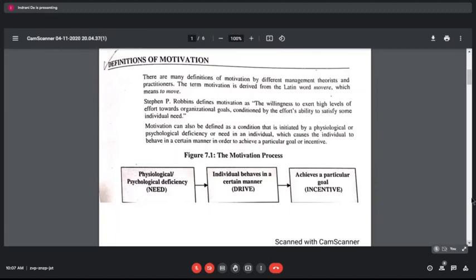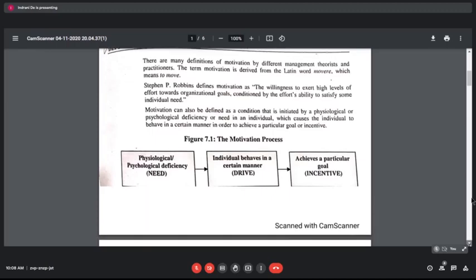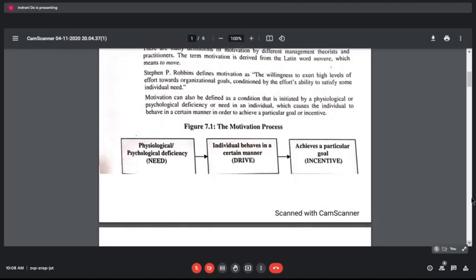That is the drive. That is the effort that you are putting in. There is a change in your behavior. So you are trying to behave in a certain manner so that you can achieve your goal. So what is your goal? When you are hungry, your goal is to get food. So you are trying to get food. What is making you try for food, that is the drive. There is a force, a drive that is always pushing you towards the achievement of the goal.